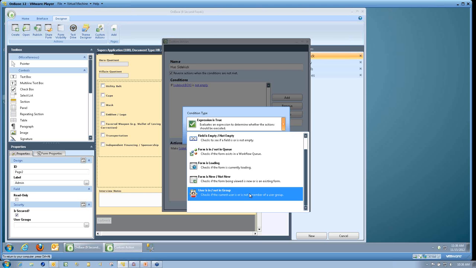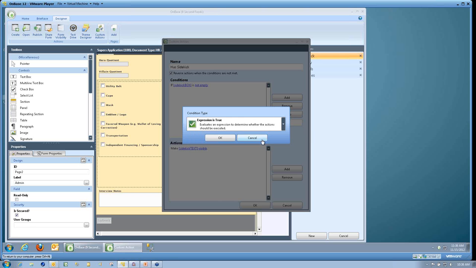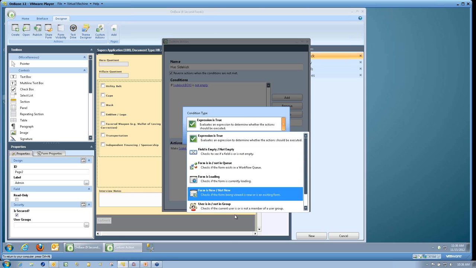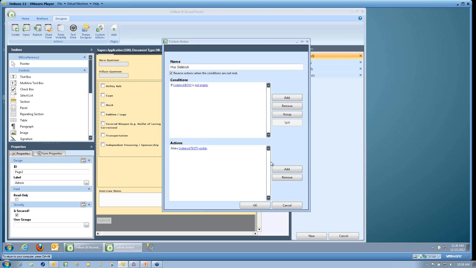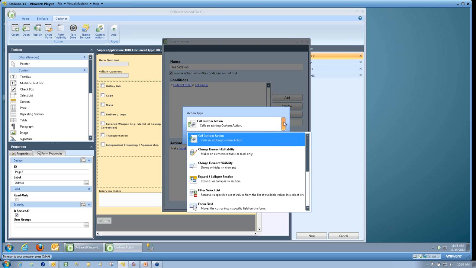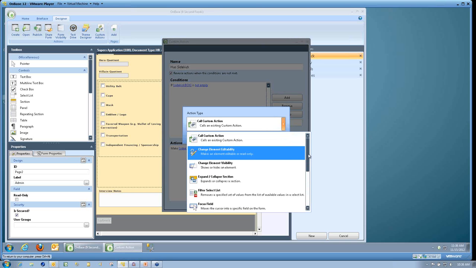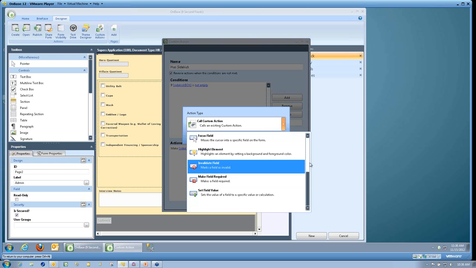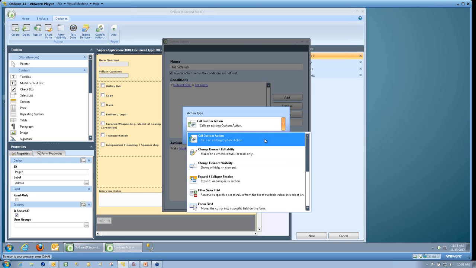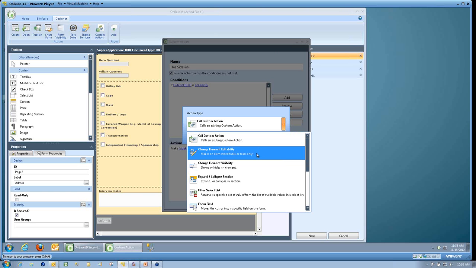Although, the benefit of doing it here is that the if clause is if the user is or is not in the group. And then the corresponding action, I can just do down here. Call the custom action. Then you can say, where'd it go? Change element editability. So you can set fields that are visible to everyone, but only certain people are allowed to